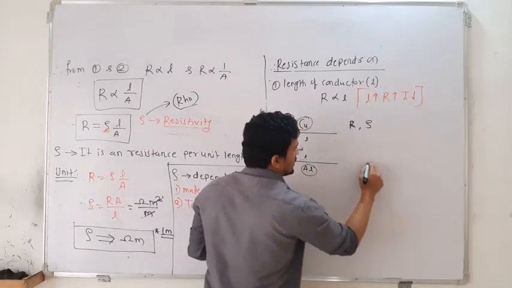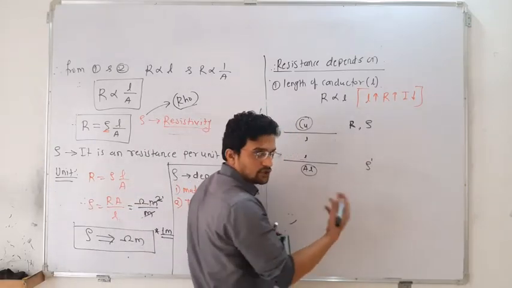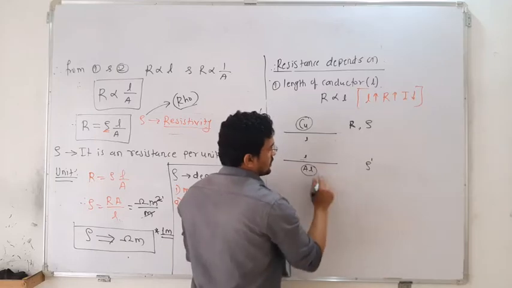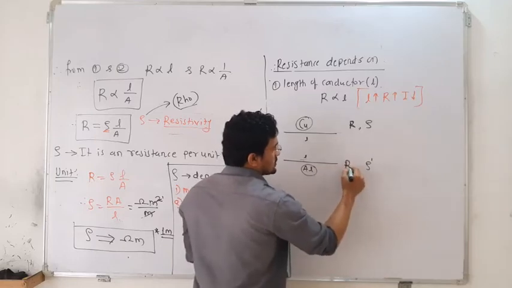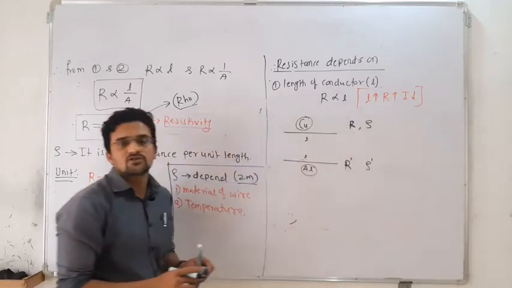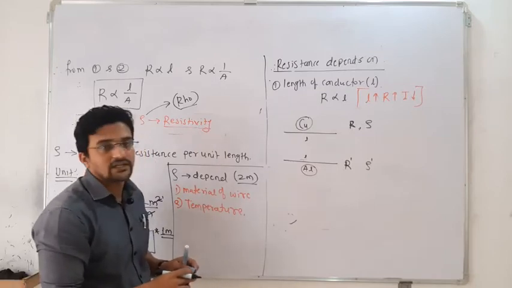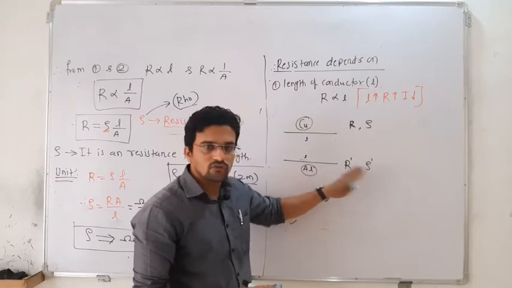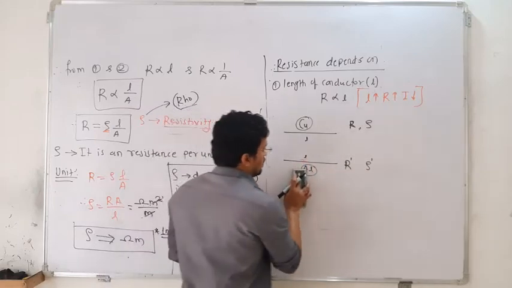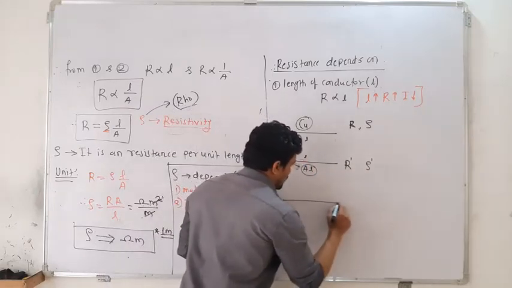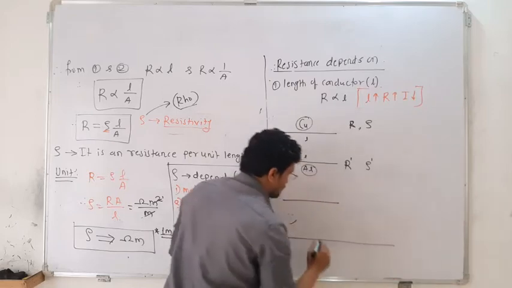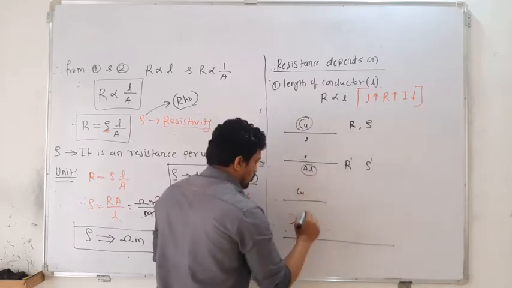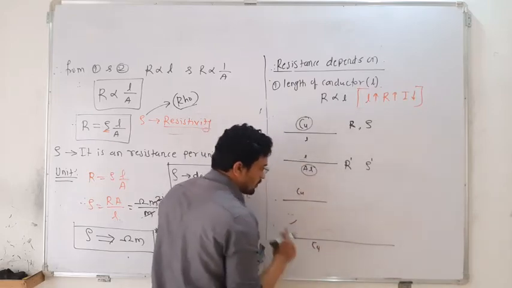So here you will not get rho, it becomes rho dash, because it is different. What about the resistance? Resistance is also different because it also depends on temperature and material. If you change the material, automatically resistivity and the resistance both will be different. So now I will replace this. I will take a copper wire and another copper wire with longer length. So this is also copper wire and this is also copper wire.